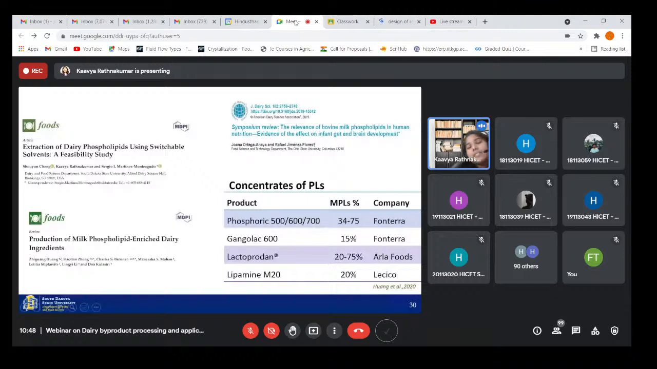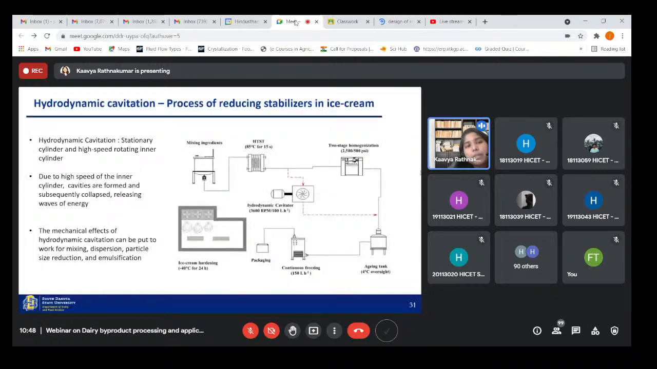So another technique which I'll be talking about is hydrodynamic cavitation, which can be used as a clean label technique in ice cream, a process of reducing stabilizers in ice cream. Hydrodynamic cavitation is similar in principle to ultrasound in producing cavitation effects, but here a stationary cylinder with a high speed rotating cylinder produces the cavitation effects. Due to this high speed,